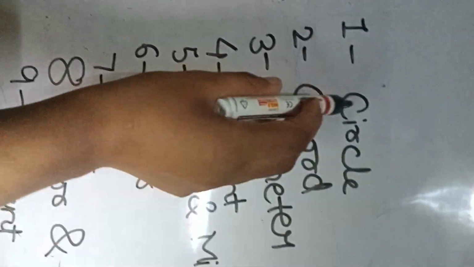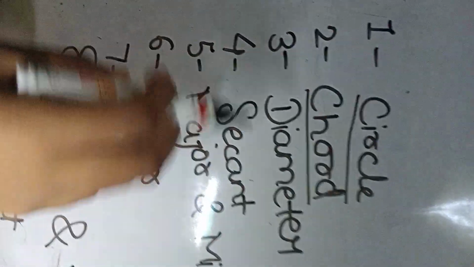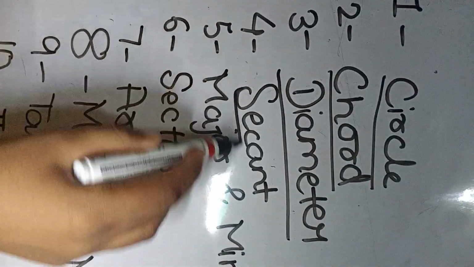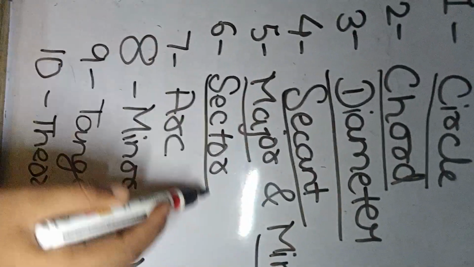So in this video we learned about the circle, chord (two line segments joining the circumference of the circle), diameter (the largest chord), secant, major circle and minor circle, sector, arc,